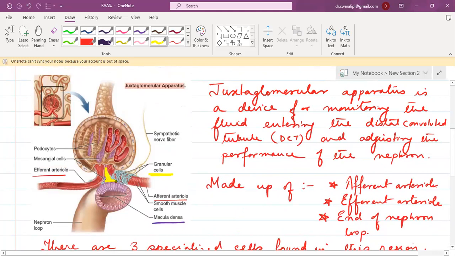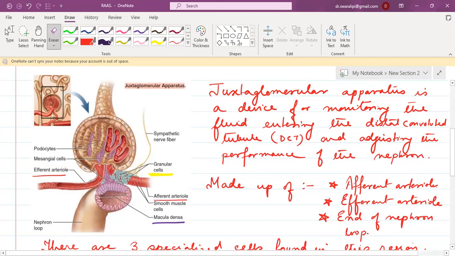These cells that you can see are sometimes also called lattice cells, because they give a lace-like look, as if a lace is over there. That's why they are also called lattice cells. Now what is the function of the mesangial cells? Mesangial cells are present there, connected to the macula densa and also to the granular cells. Hence we can say that they are mostly packaging the area. That is the main function.